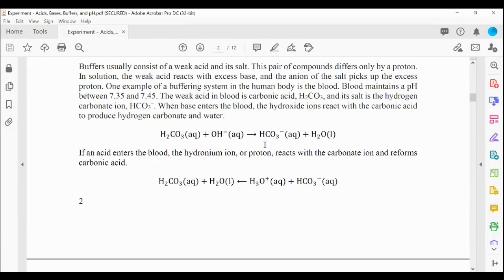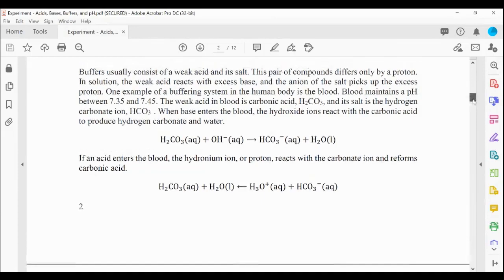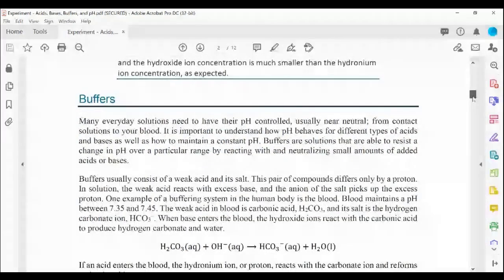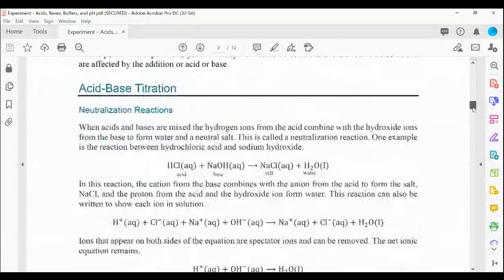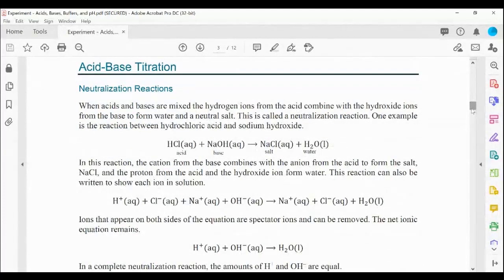And in this experiment, we will study how buffer solutions and unbuffered solutions are affected when we add acid or when we add a base. Let's continue with the right. So this is one part of buffers of today's experiments. Then it says the next part,